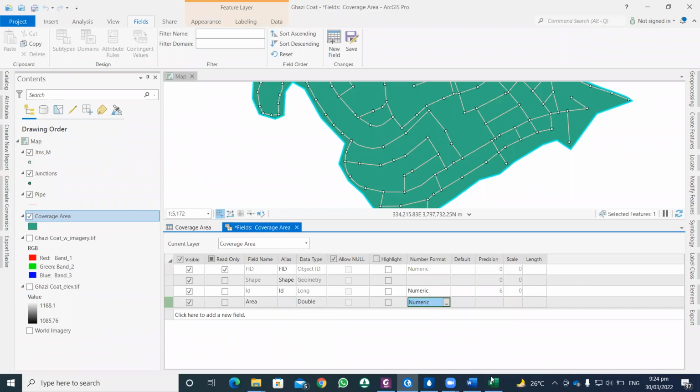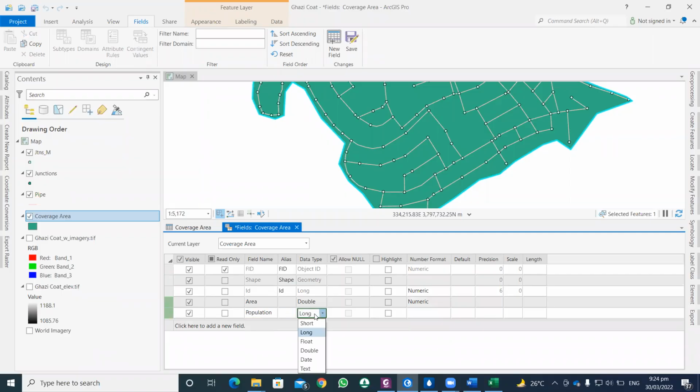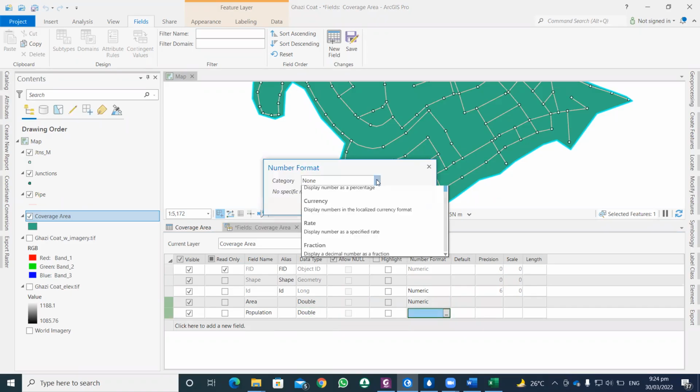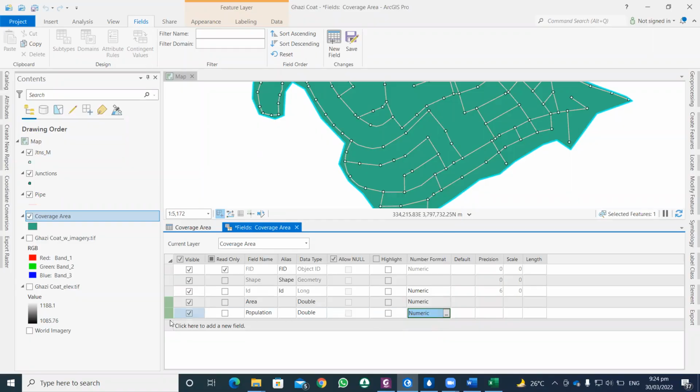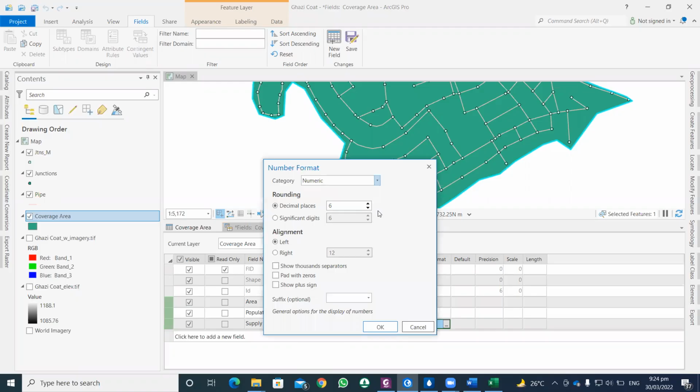Okay. Population, double. Supply, long integer, okay. Numeric,